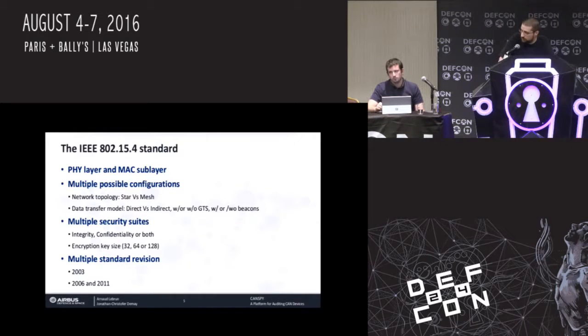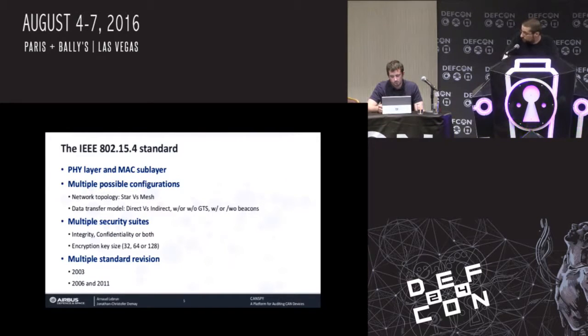You can use GTSs, guaranteed time slots. It's a system to allocate a time slot to each device to make sure that there's no collision. This is something that is optional. You do not necessarily need to use GTSs. And you can use beacons. Beacons in 6LoWPAN networks, I mean in 15.4 networks, not only are beaconing the network, but they also can host a lot of information if you want to. So you can see here that if you combine multiple choices, you can have really several possible configurations.